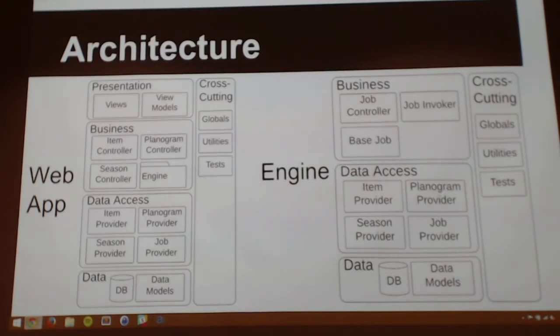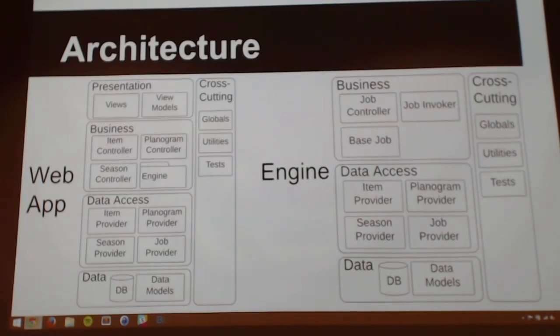So, when we were developing this application, we decided to split it up into a web application and an engine. Now, the web application is going to handle all the presentation of the user. This is what the buyers will see when they use this web application. They won't see the engine. The engine's going to manage all of the jobs, including importing Wegmans data into our system, as well as calculating all the distributions ahead of time so that it's not done on the fly when you load up all the